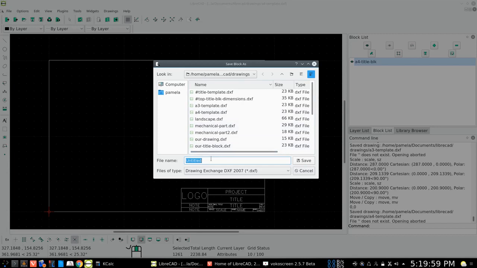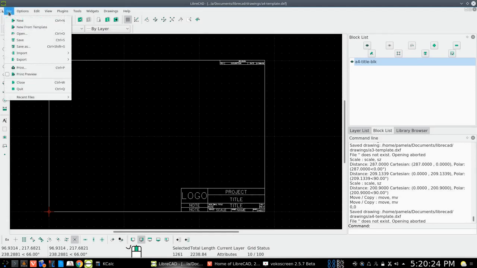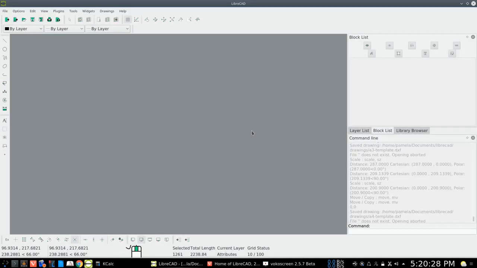and we're gonna name it A4 title. Okay, block in our personal drawings folder. Okay, and let's save that. Okay, now let's see what happens. Let's close this, let's close this out and close that out,